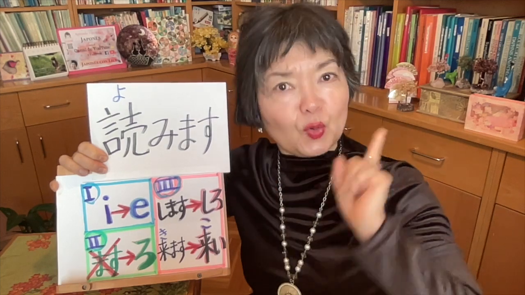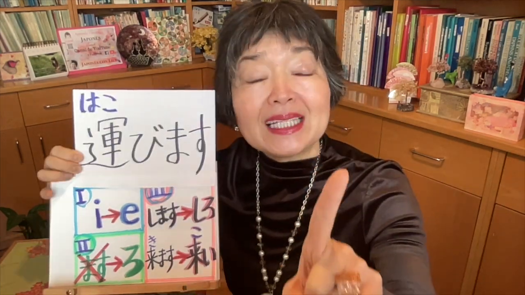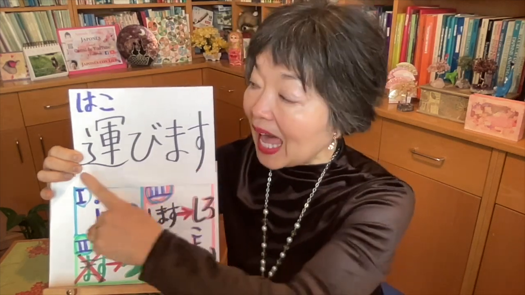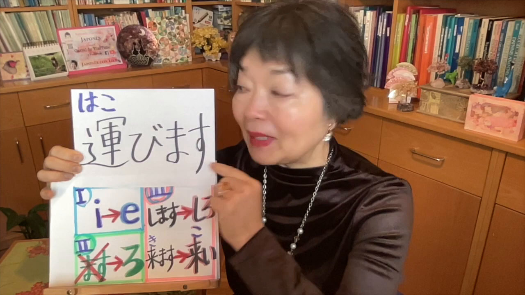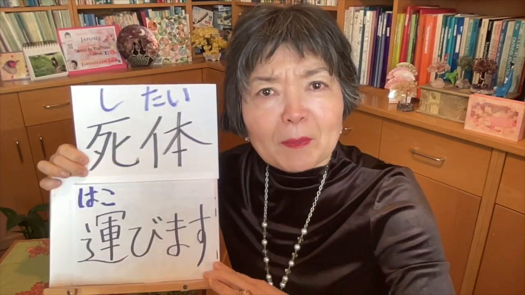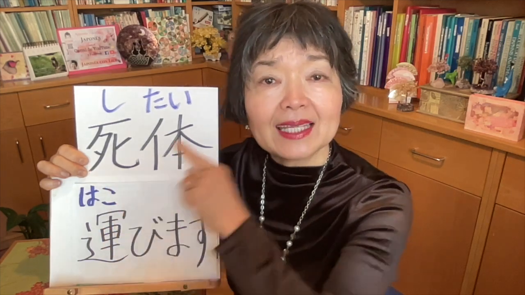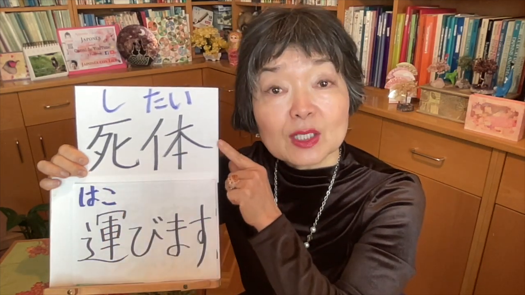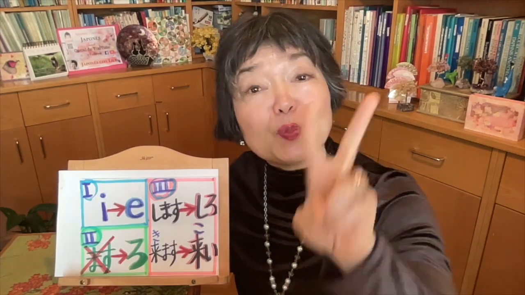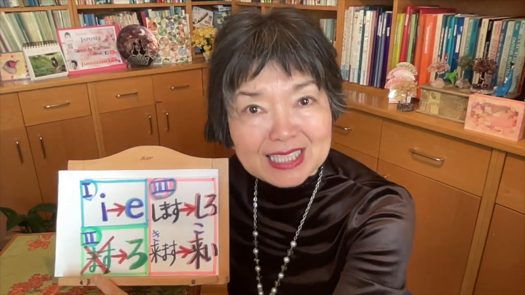The verb to read. 読みます。So, read. 読め。Group 1. The verb to carry, to transport, to convey. 運びます。So this is without ます, バビブベ, 運べ。Move the body. Corpse, dead body. 死体。死 comes from 死にます, to die. This 体, body, the dead body. 死体を運べ。